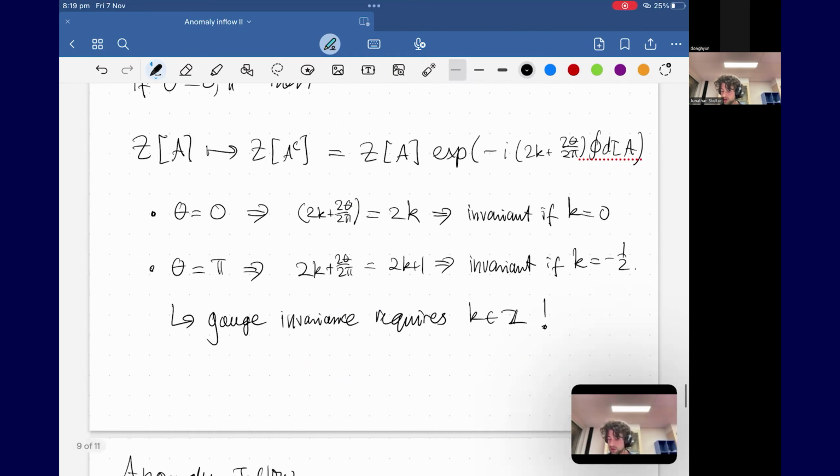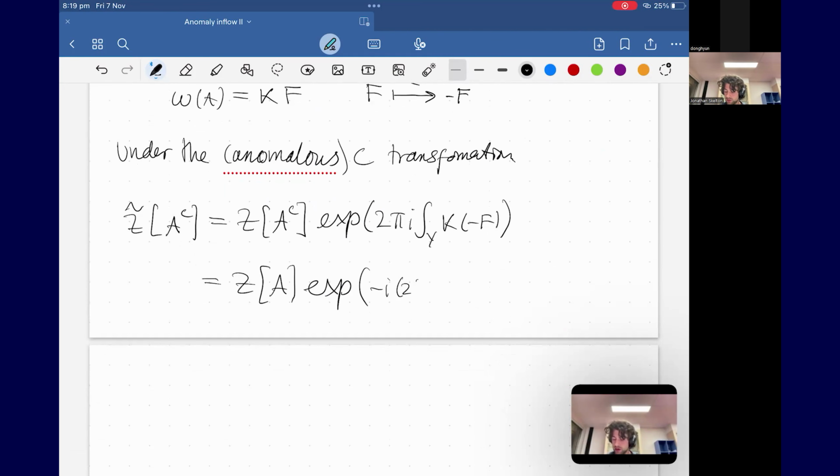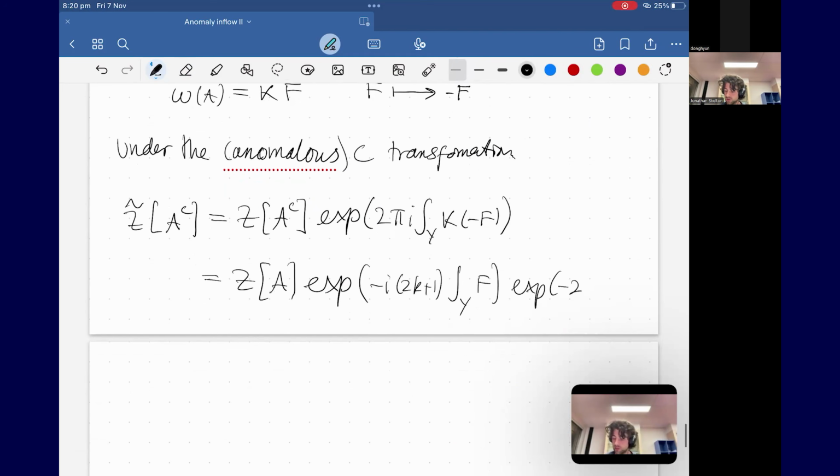It was going to be minus I 2k plus 1. And then by Stokes' theorem, this is equivalent to just the integral over f, and exponential 2 pi I gamma y. Let me move this here. So this is going to be minus 2 pi I gamma y f,